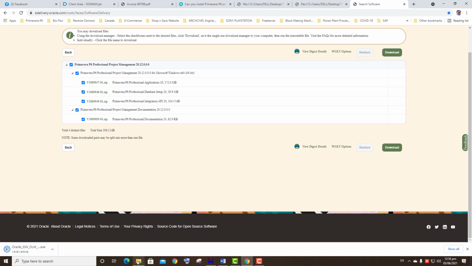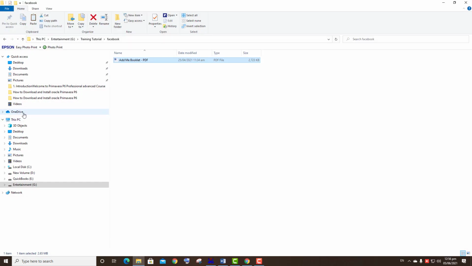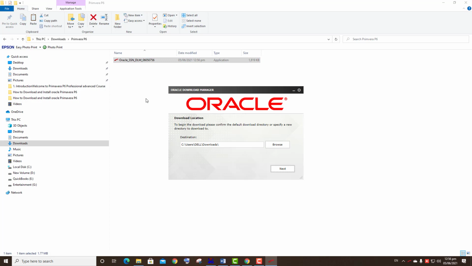After saving, you need to close this browser and go back to the downloads folder where you saved it, and you will press this application, Oracle SSN DLM.